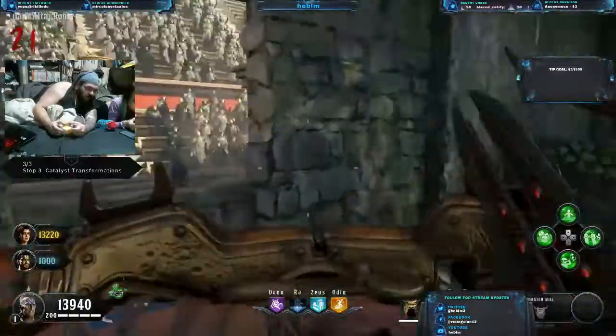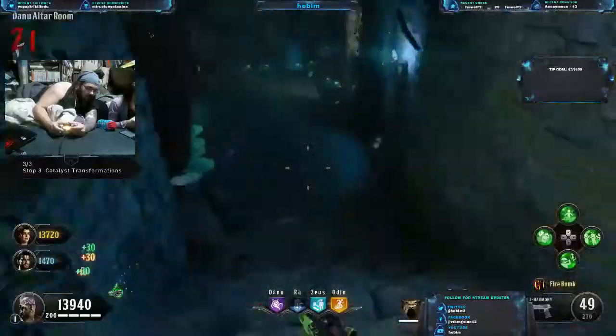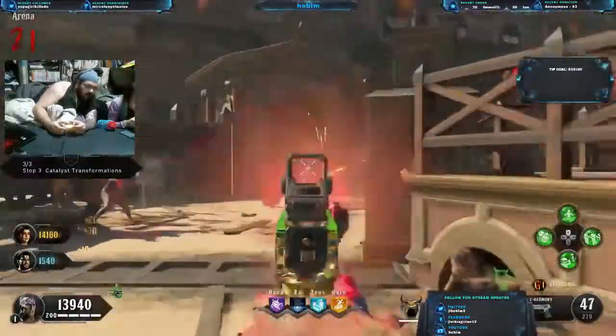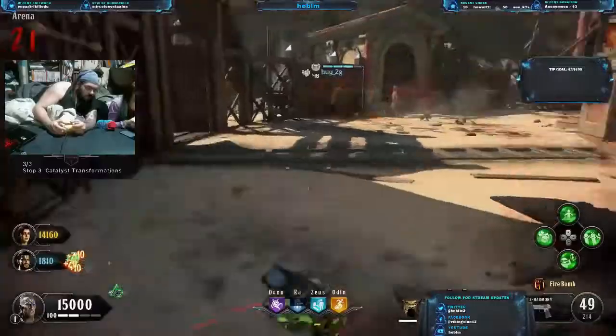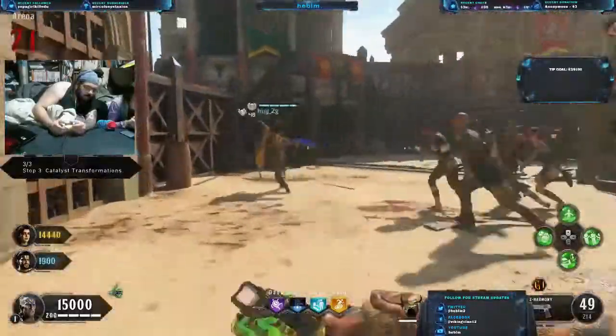They start sending some brawlers at you. They start sending some axe guys at you. And then that wave ends, and then another max ammo comes in. And then the third and final wave is supposed to be the hardest wave. They send brawlers at you. They send axe guys at you. And they send 2 blights at you. And then once that's done,